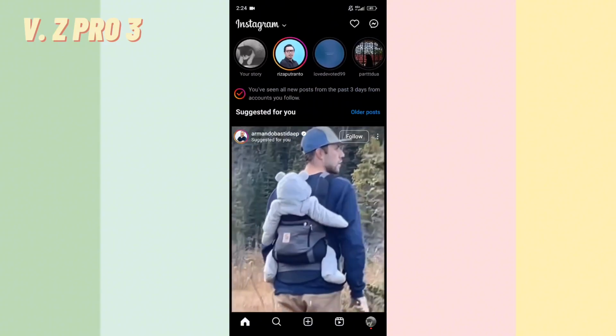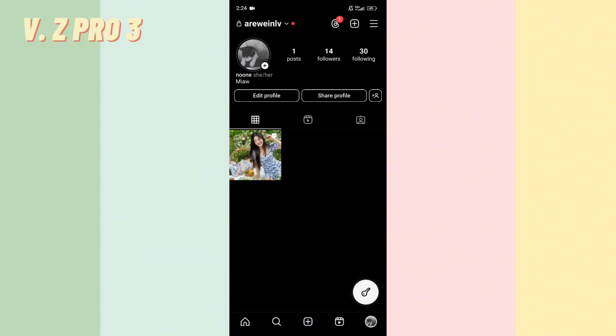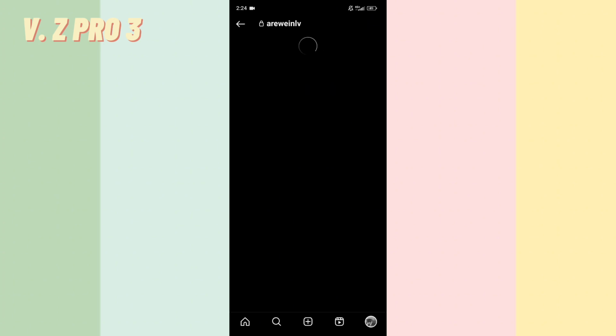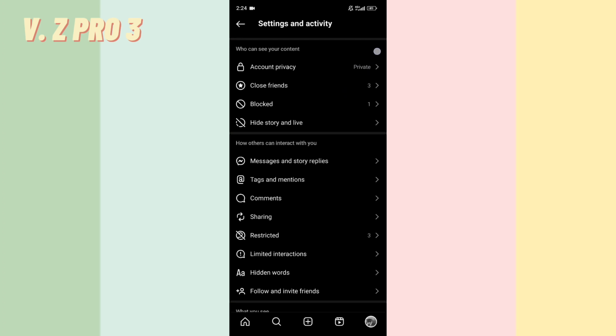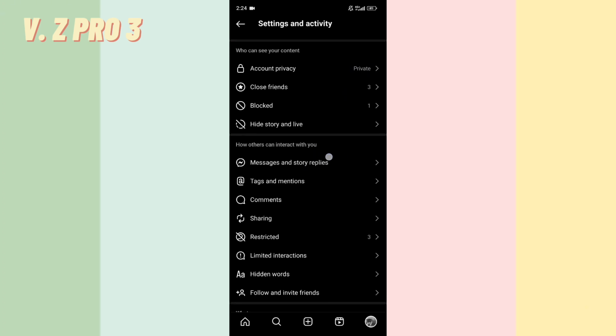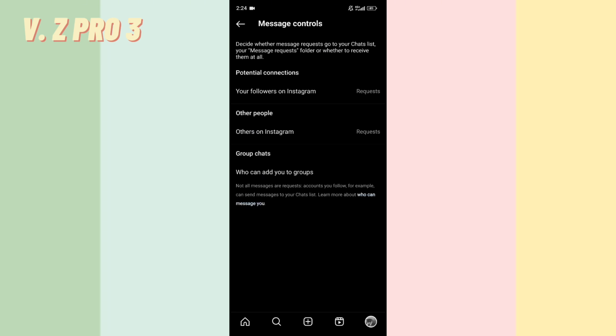So you can tap on your profile. Now you can tap on the upper right corner, the three lines over here. You can scroll down. Now you can tap on message and story replies. Now you can tap on message controls. So here you can decide whether message requests go to your chat list, your message request folder, or whether to